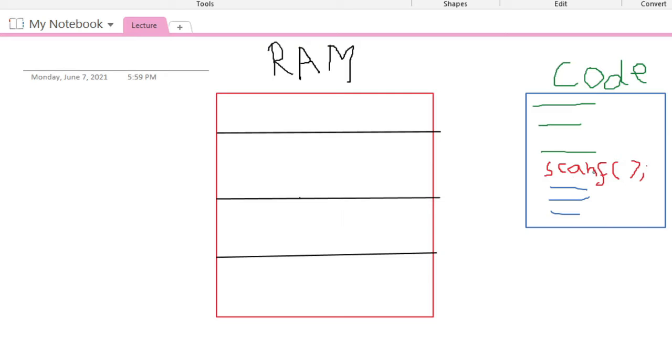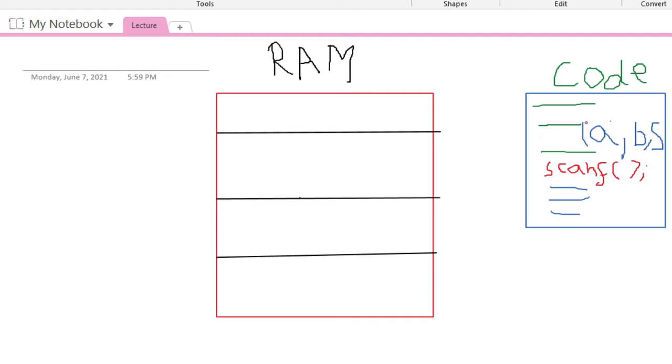Suppose we have declared three variables, A comma B comma S, for the sum. Suppose this is the space provided for our code.